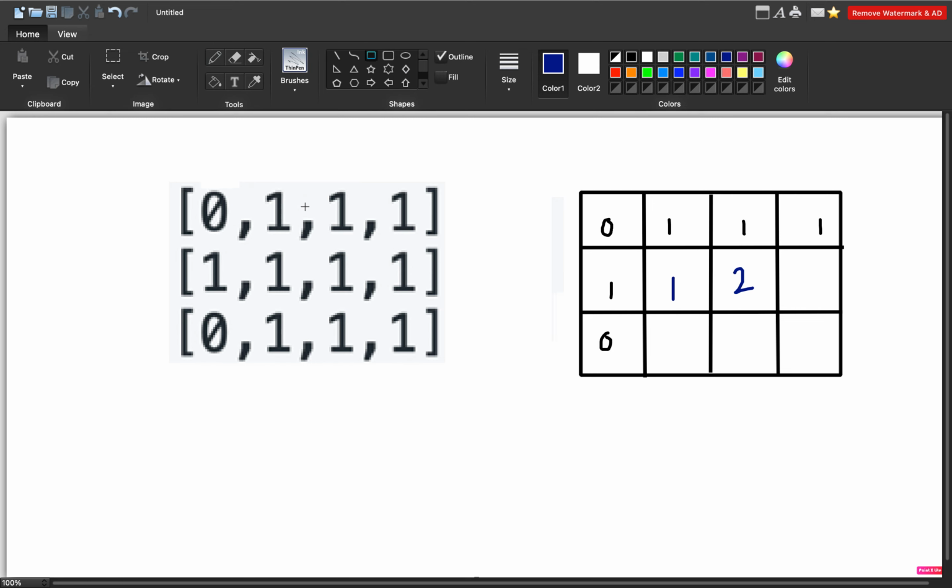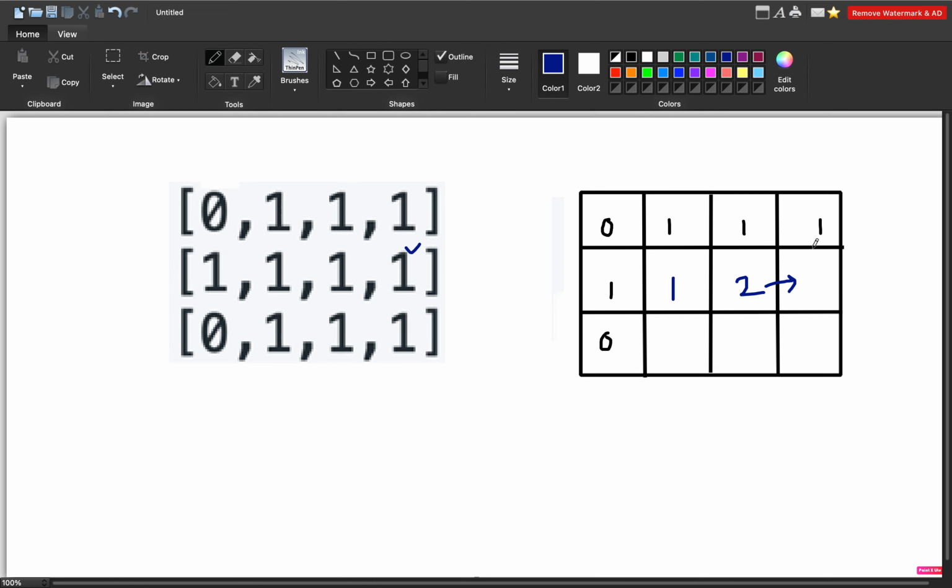We know that the square being formed here is of size 1. Similarly here also of size 1, here also of size 1. So now we will be checking whether this one will contribute to make the size 2 finally. It will contribute if all the corners are obviously greater than 0, right? So we will be checking this. So yes, we will be updating our answer to be 2 here. Similarly for this index also, we will do the same thing.